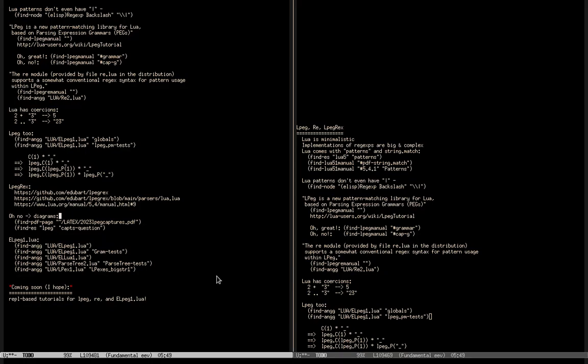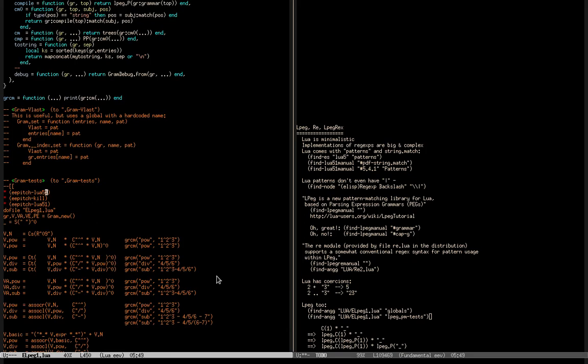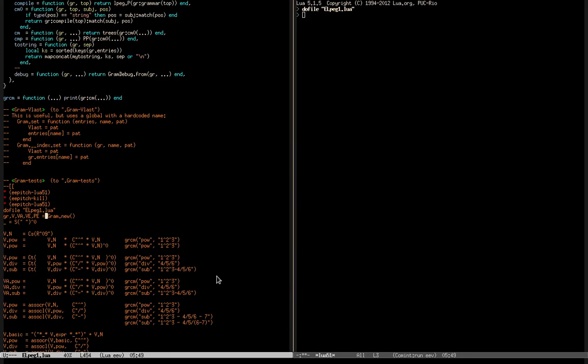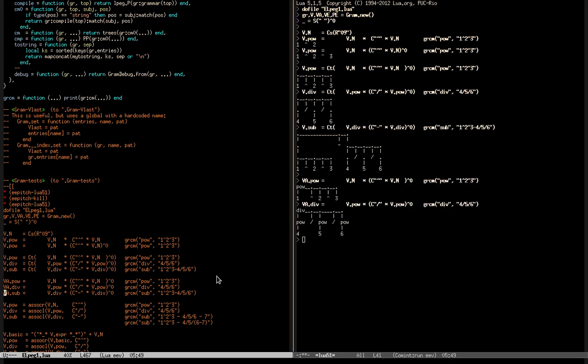I was able to implement them in LPeg1.lua, and after some time I was able to use LPeg1.lua to build grammars that were able to parse arithmetical expressions with the right precedence. And here's an example in which I built the grammar step by step, testing the current grammar, replacing a bit, and then testing the new grammar, and so on. You can see that the result is always a tree that is drawn in a nice two-dimensional way.